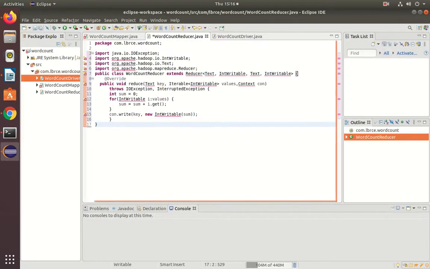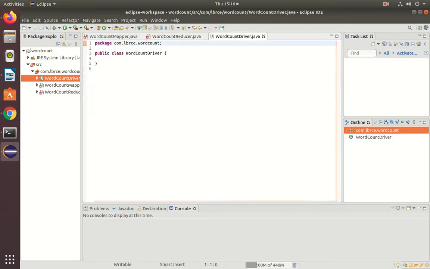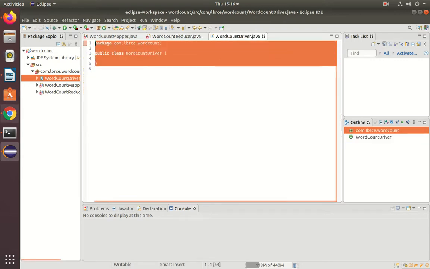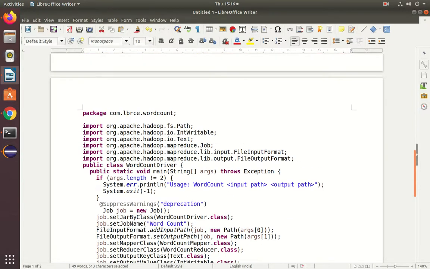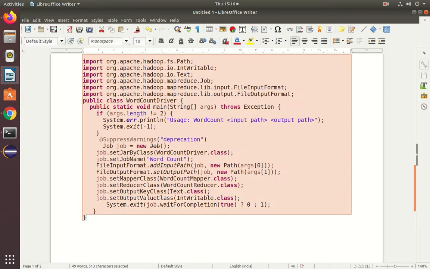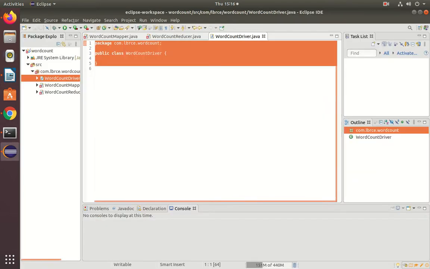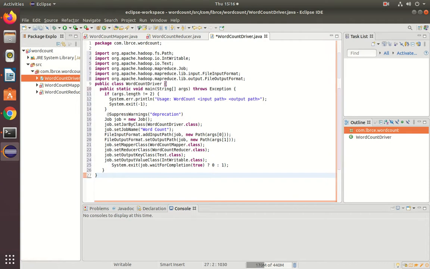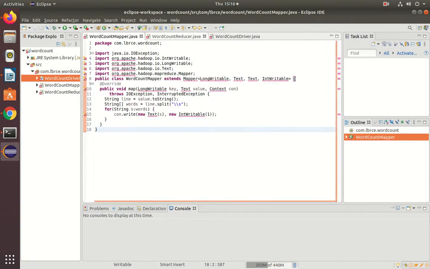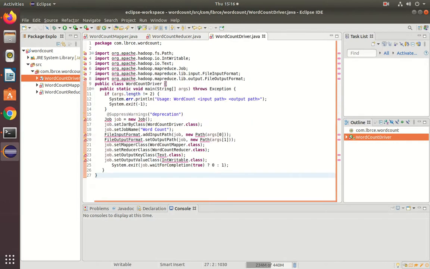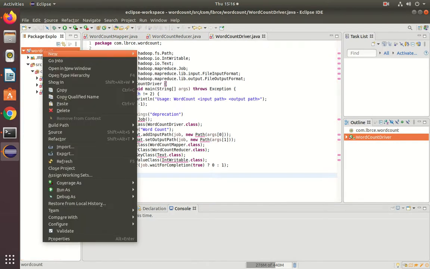Reducer class. And a driver class. After writing the mapper, reducer and driver class, go to the project and right click on it.